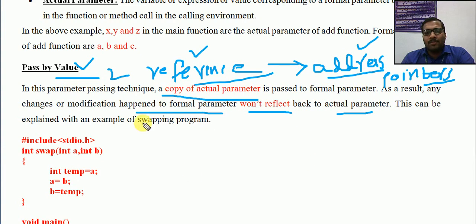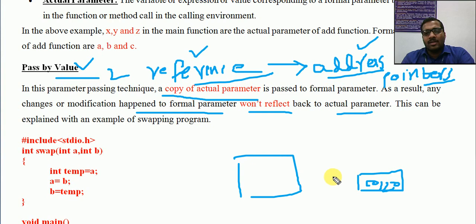This is the place where I am passing 10, 20, and this is the function where it will be received through variables like a, b, that are part of the formal parameter. It will do some processing, so there won't be any effect. If any changes happen to a and b here in the function definition, that won't affect this area.